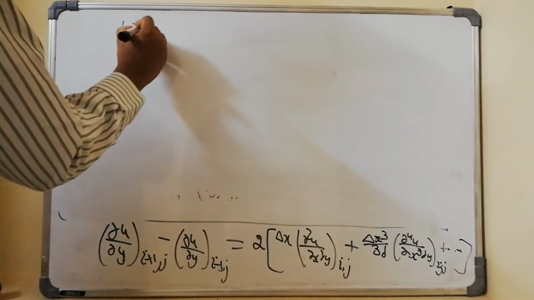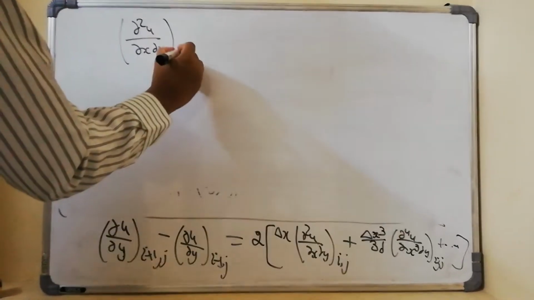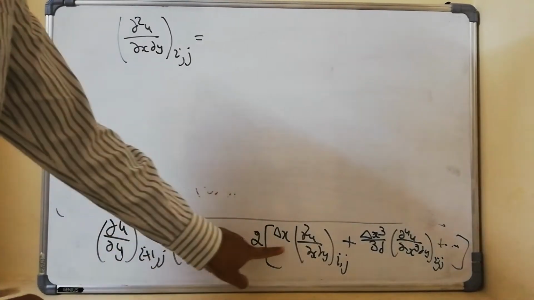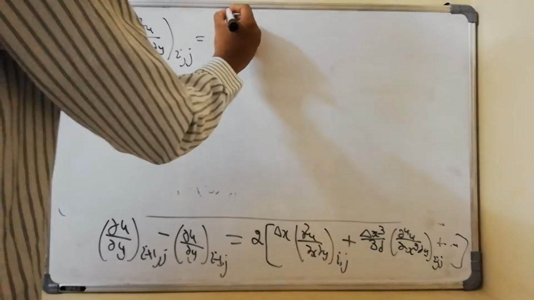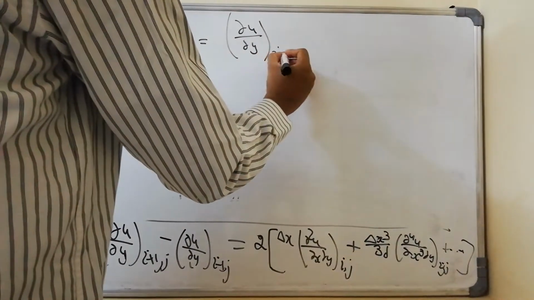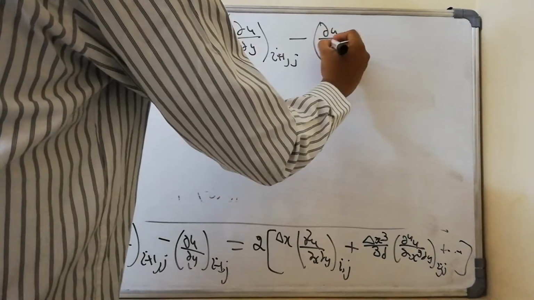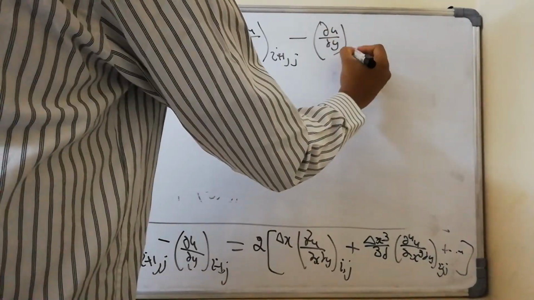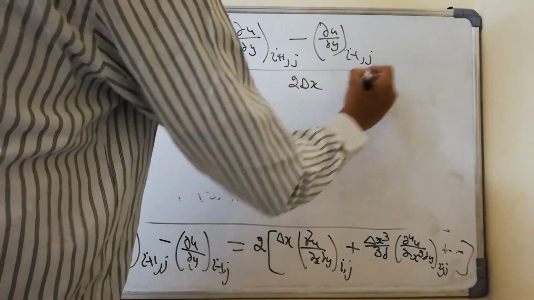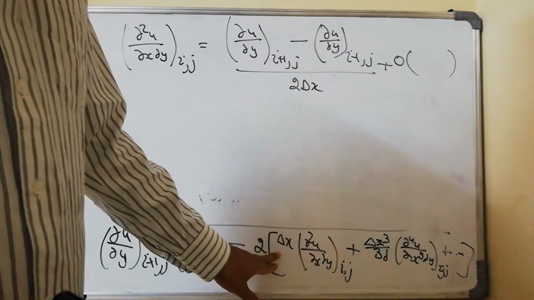I have ∂²u/∂x∂y at (i, j), which can be approximated by this term divided by 2 times delta x. I have ∂u/∂y at (i+1, j) minus ∂u/∂y at (i-1, j), all divided by 2 times delta x, plus, since I am taking delta x common,